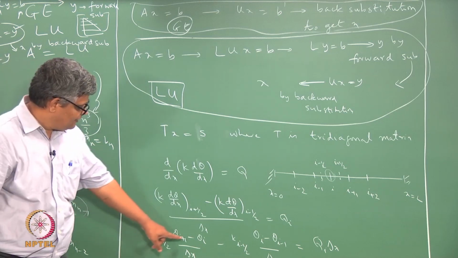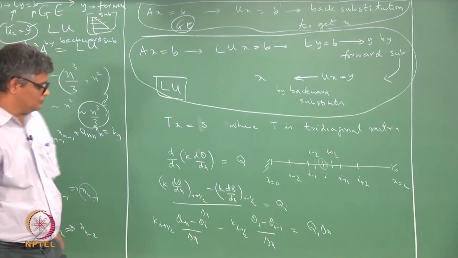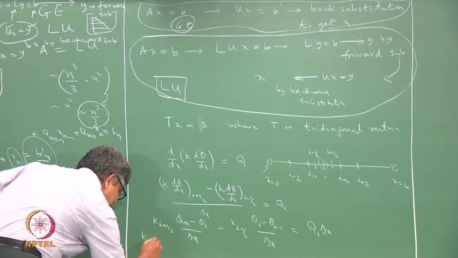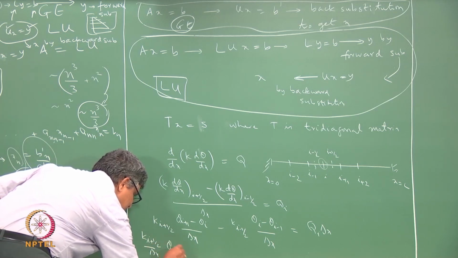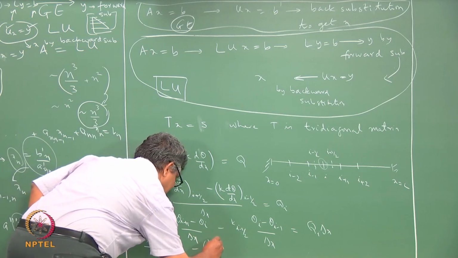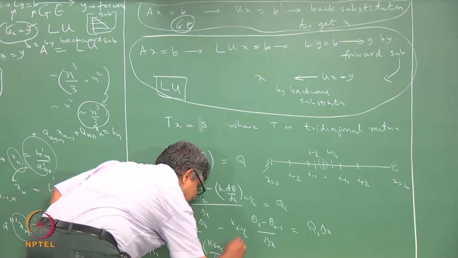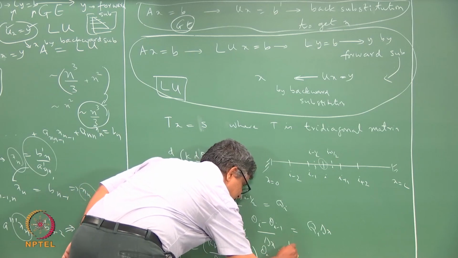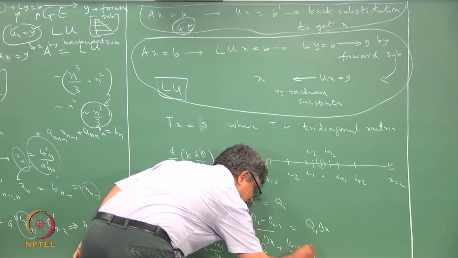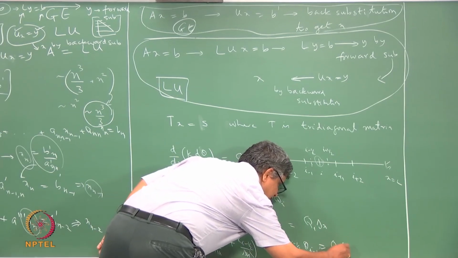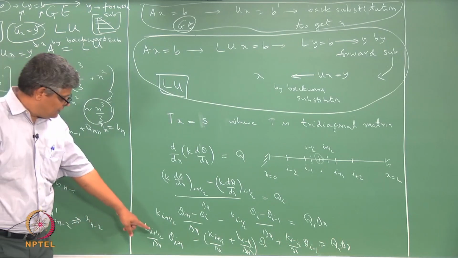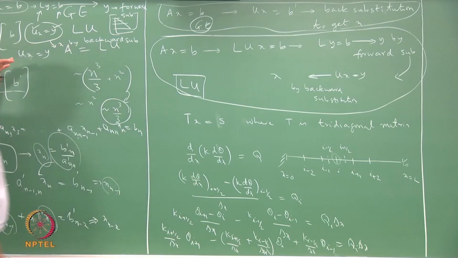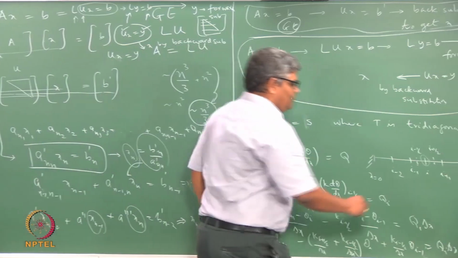Okay. So, here we see that we have theta i+1 and theta i-1. So, we can write this as k_{i+1/2}/delta x times theta_{i+1} minus (k_{i+1/2}/delta x plus k_{i-1/2}/delta x) times theta_i plus k_{i-1/2}/delta x times theta_{i-1} equal to q_i times delta x. So, we have theta i in terms of theta i+1 and theta i-1. So, if you do this for every theta and put them in the lexicographic ordering, we will get a matrix